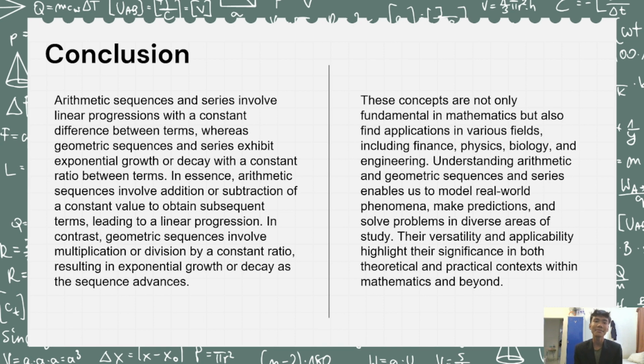In essence, arithmetic sequences involve addition or subtraction of a constant value to obtain subsequent terms, leading to a linear progression. In contrast, geometric sequences involve multiplication or division by a constant ratio, resulting in exponential growth or decay as